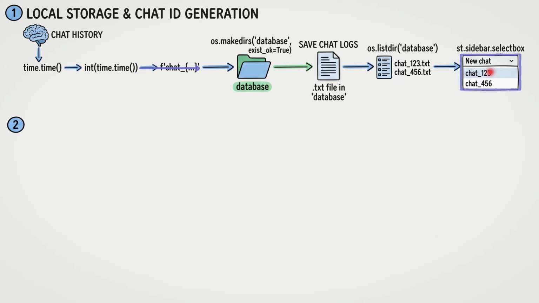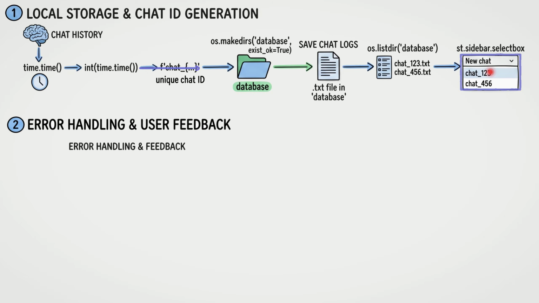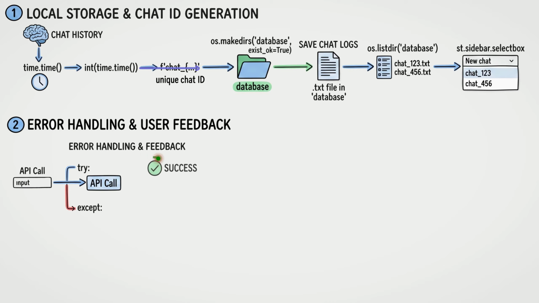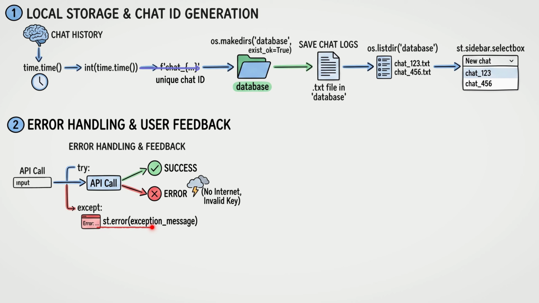Now, let's move down to the second section to talk about robustness. Technical issues happen. Maybe the internet drops or an API key is invalid. If we don't handle these, the app will crash. To prevent this, we are wrapping our API call in a standard try except block. If the call succeeds, great. But if there's an error, instead of a crash, we show a clear, friendly error message to the user using